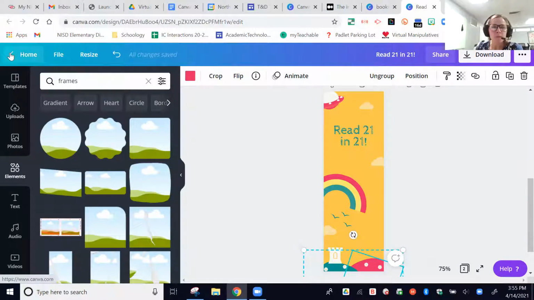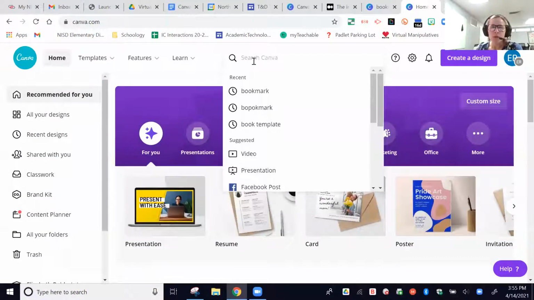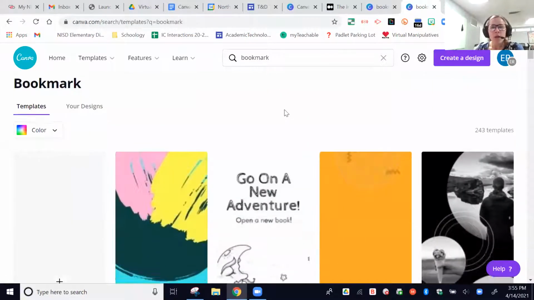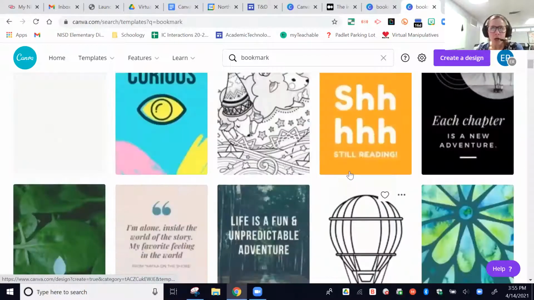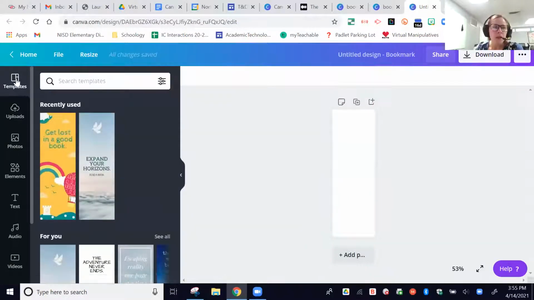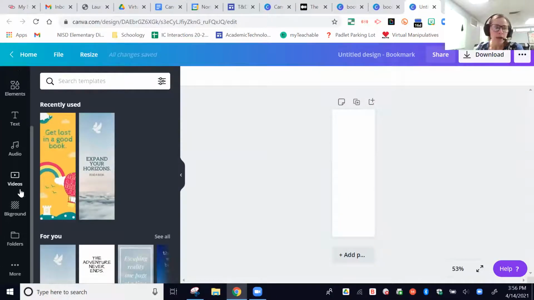Okay. So what we're going to do now is I'm going to give you some time to create your own bookmark and just kind of jump in and start creating. So the way that you're going to do this is when you're on your home page, you can search Canva and just search bookmark. And then again, if you want to go ahead and choose a template, you can, or you can click blank bookmark, and you can always add a template later if you'd like to. The templates are right here, or you can go directly down to background and design your own by entering a background and entering pictures. So we're going to give you about 7 minutes